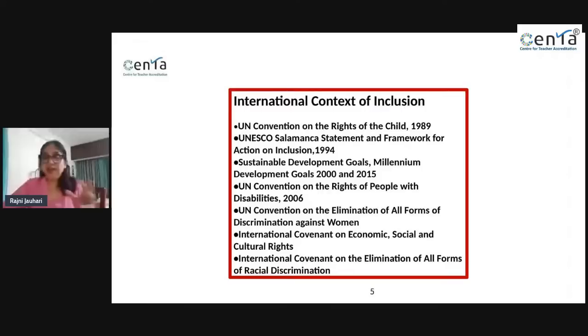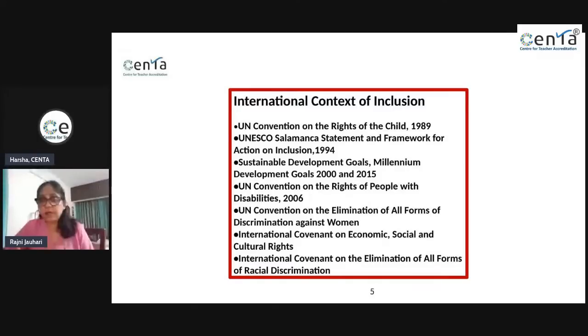So I would appreciate it if all of you, after the session is over, could explore these policies a little more. There are different countries. Whichever country you stay in, you can compare to see what policies our country has offered. Are there any policies? How are they different? What is good about our policy? What's missing? And why is it so important for us teachers to know? Because when we as teachers understand this,